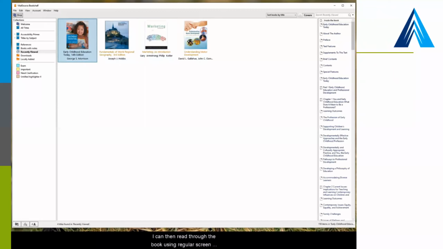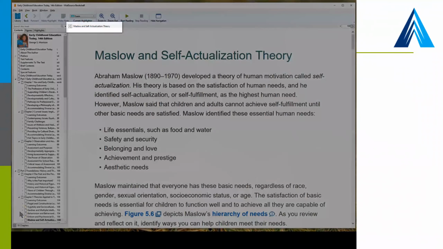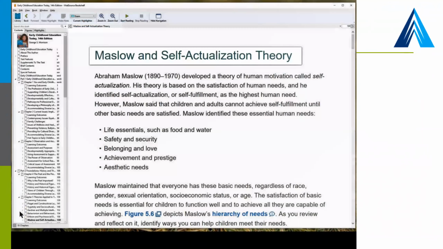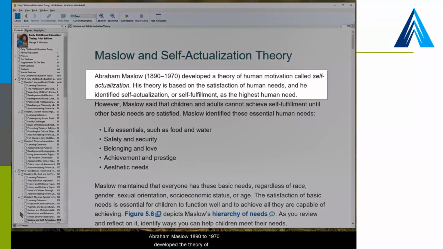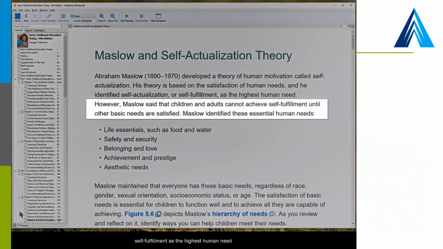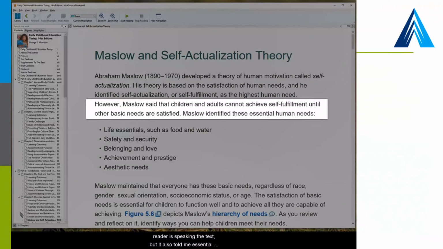I can then read through the book using regular screen reader controls for navigating text content. Page edit. Maslow and Self-Actualization Theory. Banner landmark heading Level 1 Maslow and Self-Actualization Theory. Abraham Maslow, 1890 to 1970, developed a theory of human motivation called self-actualization. His theory is based on the satisfaction of human needs, and he identified self-actualization, or self-fulfillment, as the highest human need. As expected, the screen reader is speaking the text, but it also told me essential information such as the